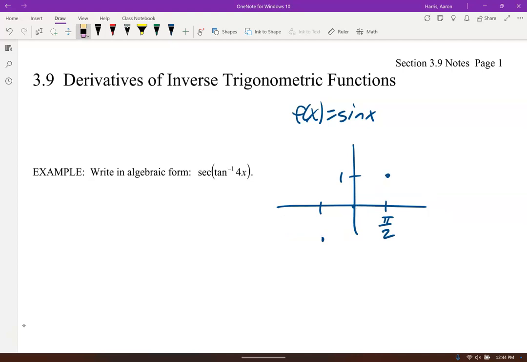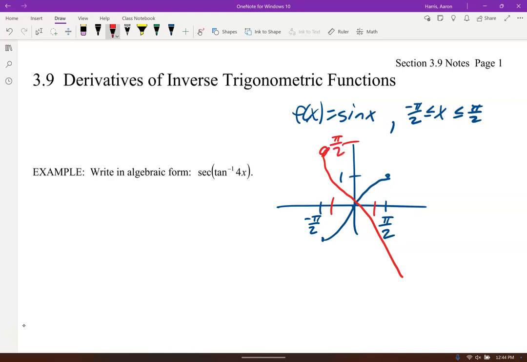And so what we'll do is we'll just cut it off between negative pi halves and pi halves. All right, so they cut this off. And then it passed the horizontal line test. In other words, it is a one-to-one function. And so they flip-flopped all their x's and y's, and all those points flip-flopped around became the inverse trig function, which went from negative 1 to 1 and from pi halves to negative pi halves, and it looks something